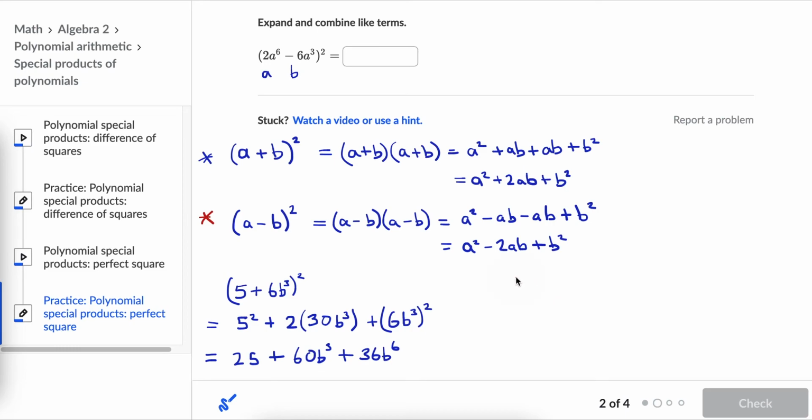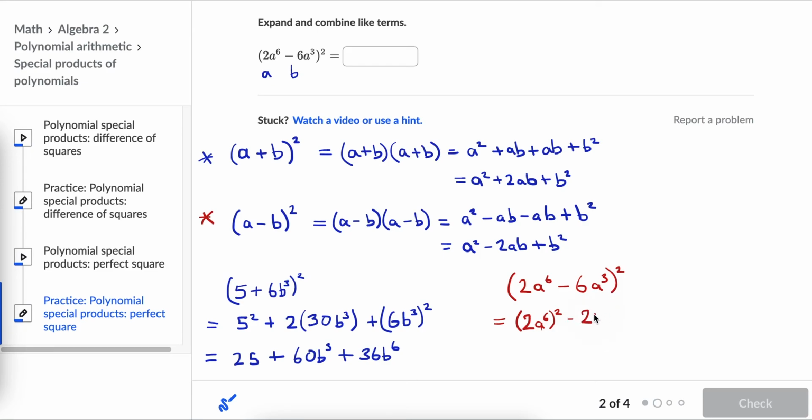Starting with 2a to the 6th power minus 6a to the third power, all squared. That's going to give us this second one, a squared minus 2ab plus b squared. So our second term must be a negative. First of all, our a squared: let's write that out as 2a to the sixth power, all squared, minus 2 times,